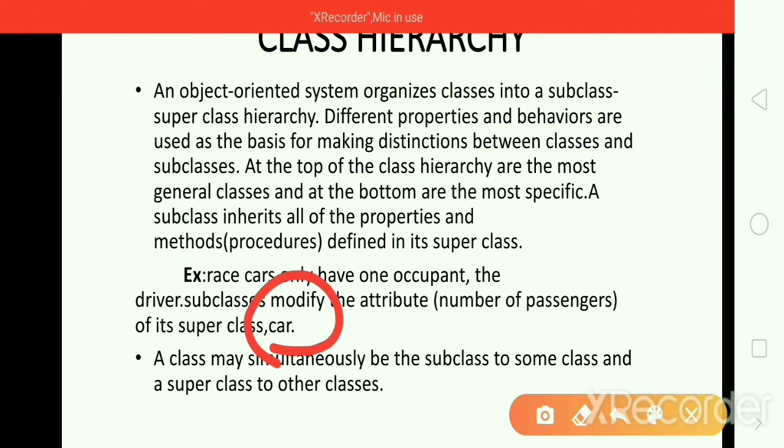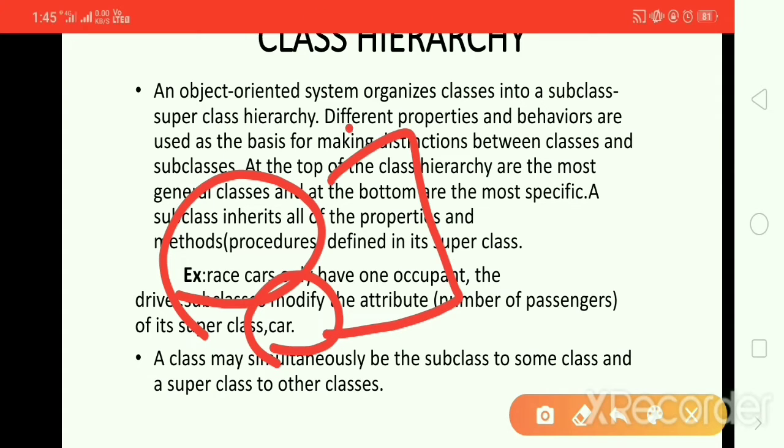normal car has the functionalities, and those functionalities this race car can also have. So here it is inheriting from superclass to subclass. The more specific class is the subclass, because it is modifying the superclass.